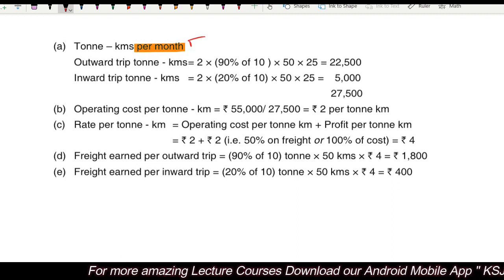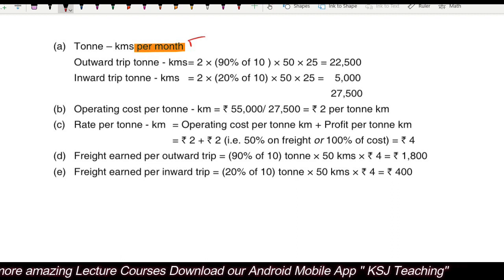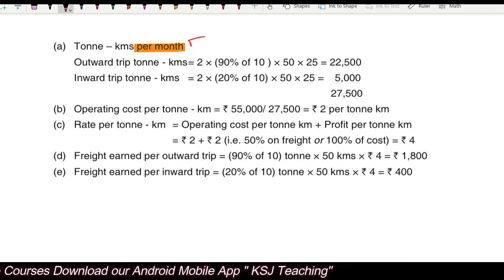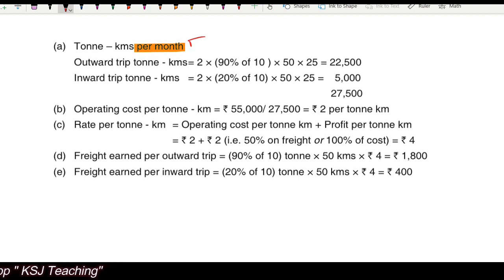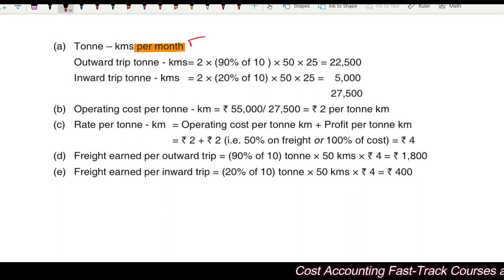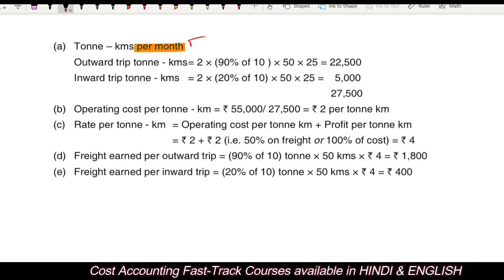I'm focusing on this because this is a very big mistake that students have been committing. I've seen a lot of papers, right? So be very careful, guys. Do not commit such a mistake, right? And then afterwards, do not blame ICAI or any institute that they're not giving the marks, right? So be very careful with these mistakes.